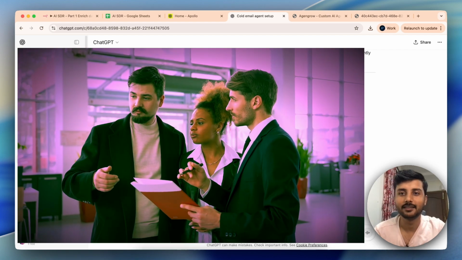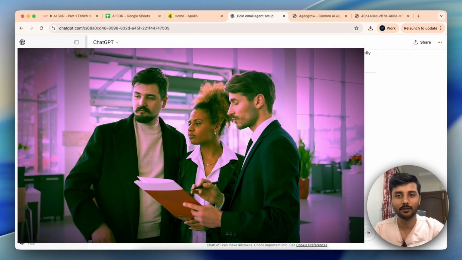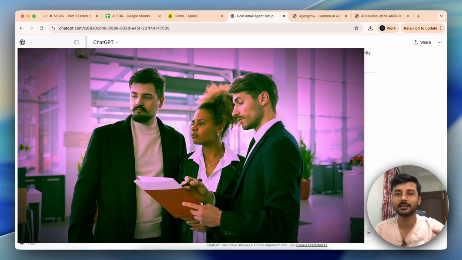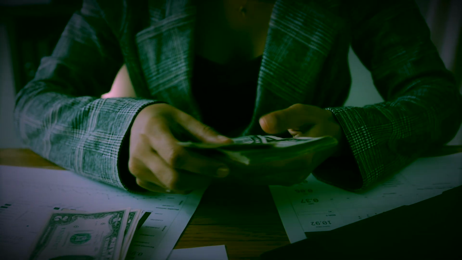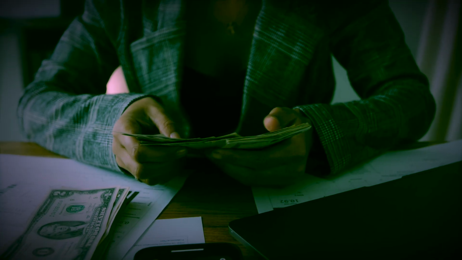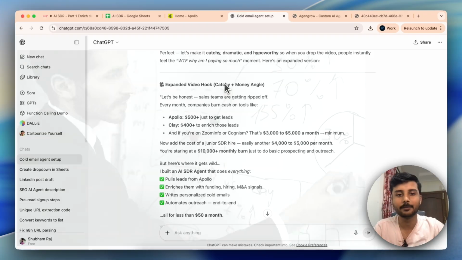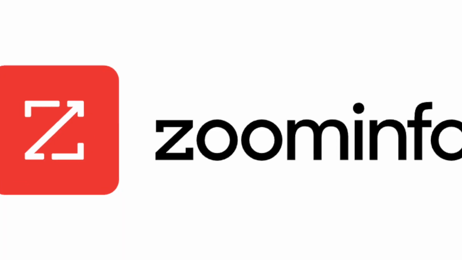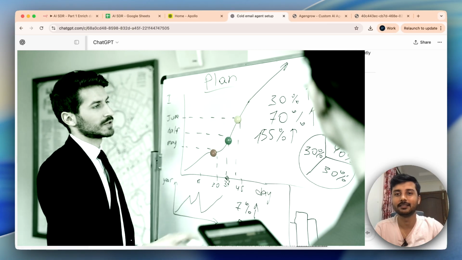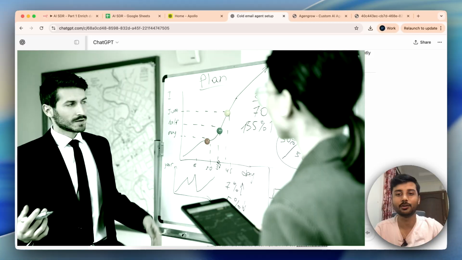Let's be honest, sales teams are getting ripped off. Every month, companies burn cash on tools like Apollo, $500 plus just to get leads, then Clay, $400 to $500 more to enrich those leads. And if you are using ZoomInfo, Cognism, or anything else, you are at around $3,000 to